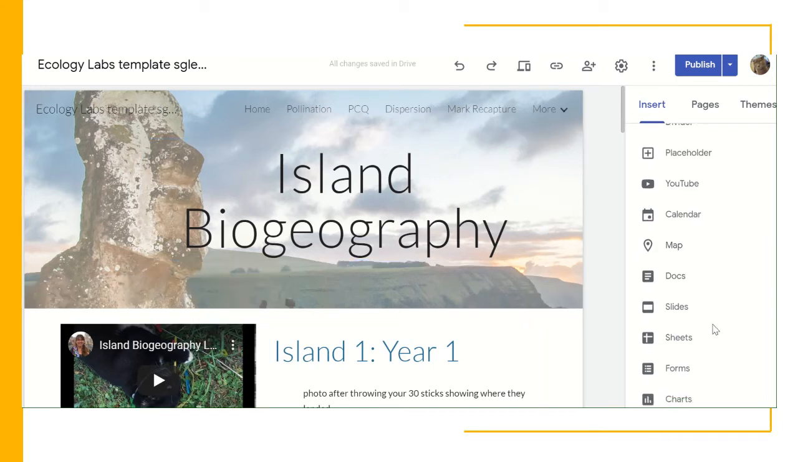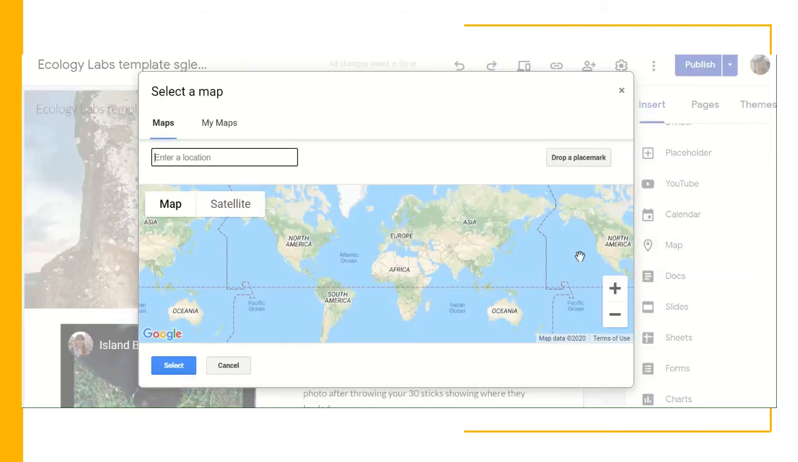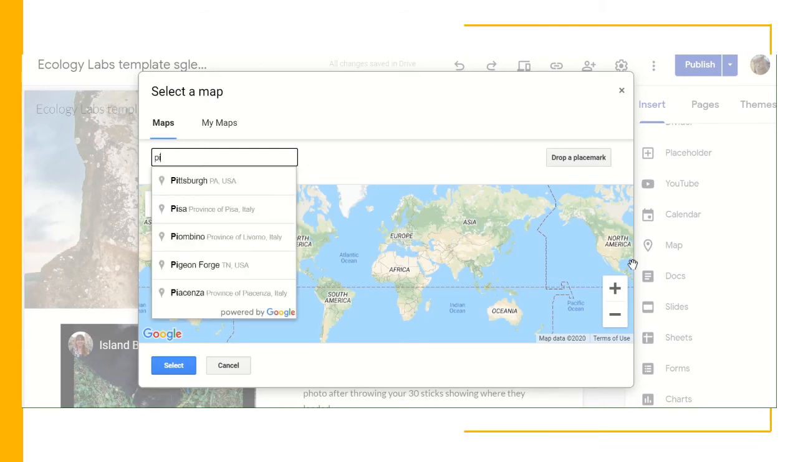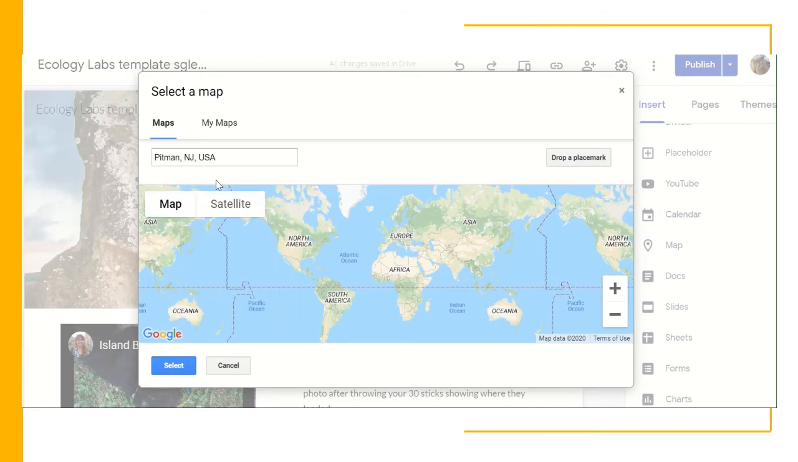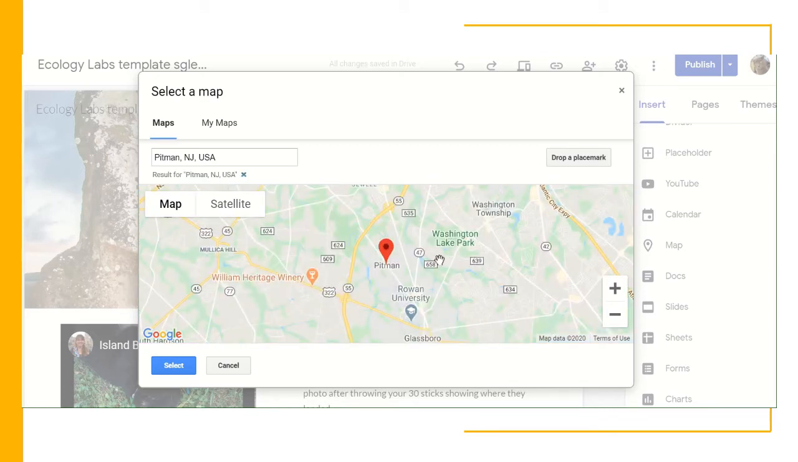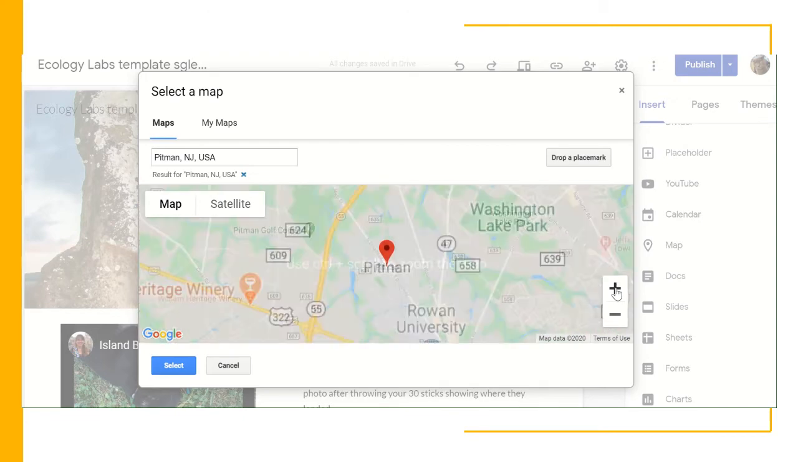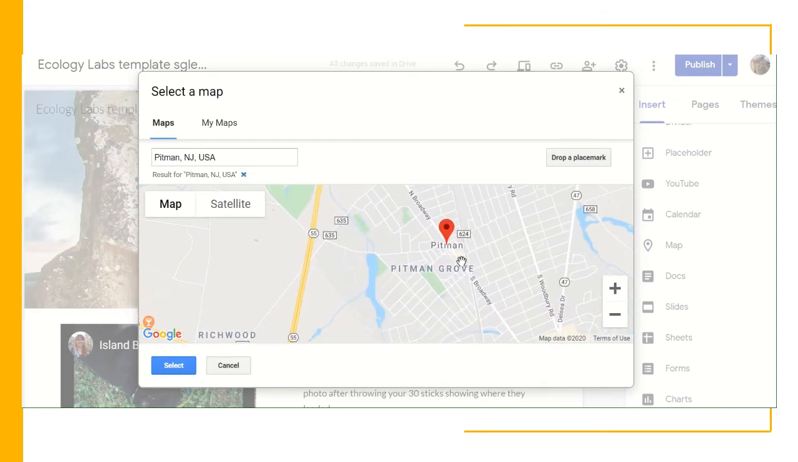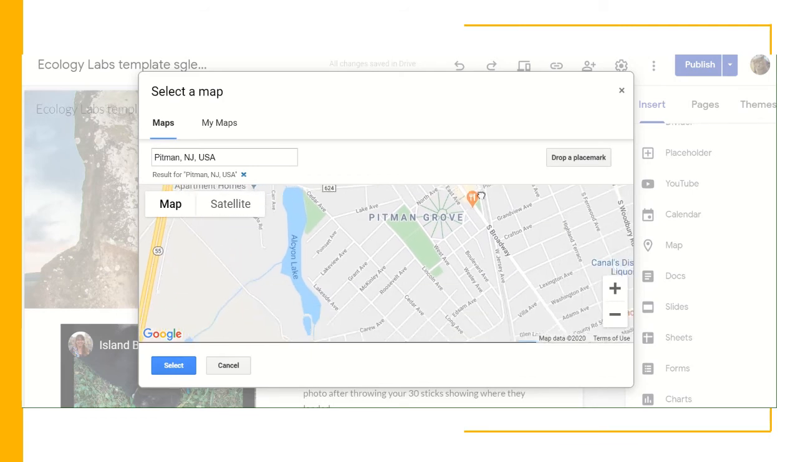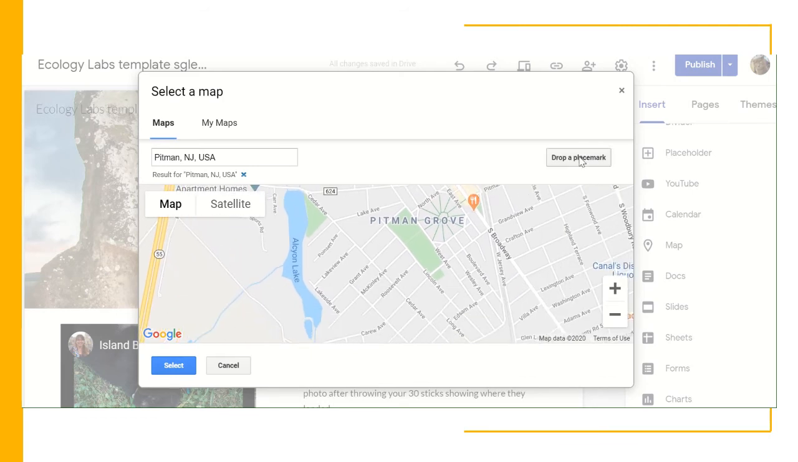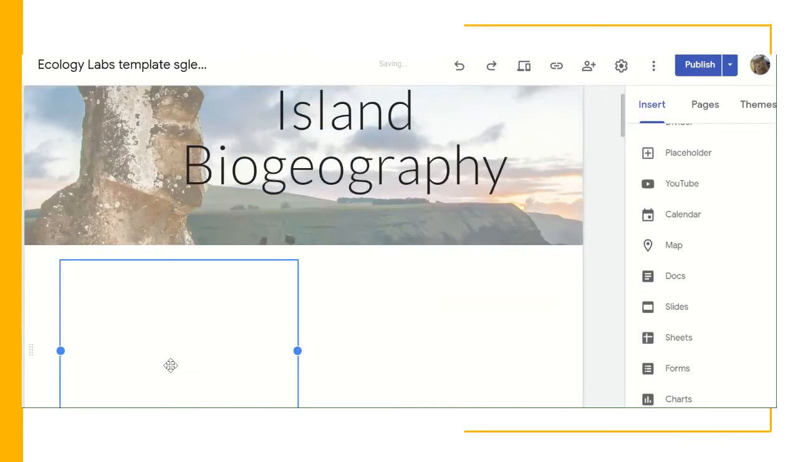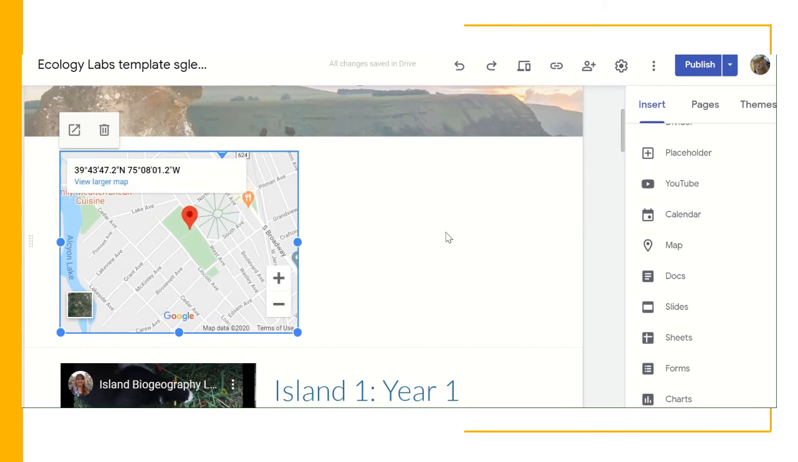You can also put in maps. So I could add in a Google map of my location. I did this in Pittman, New Jersey, and actually I could zoom into my location and show exactly where I did the lab. I can drop a place mark right on the spot. I was in this park practicing my lab right there, and then select this and add it to my blog,